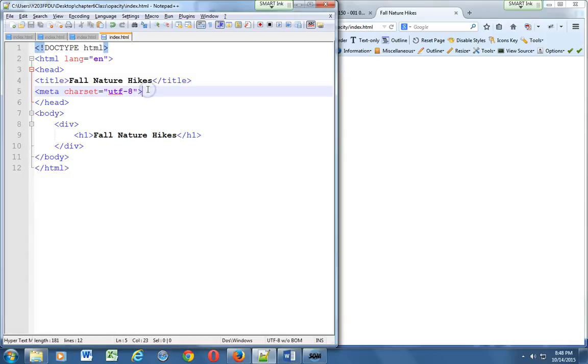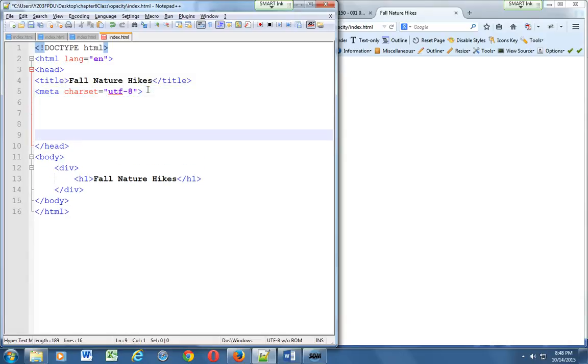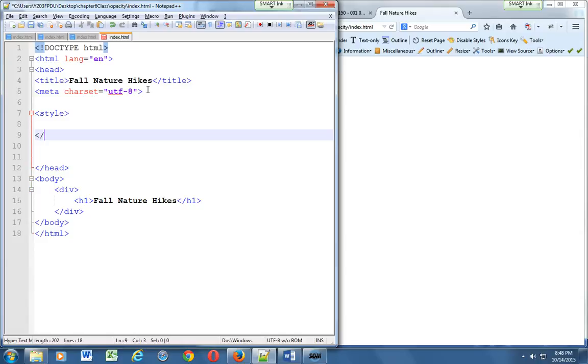Now, after the meta element in the head, give me a few lines, and then let's put in our style element. Again, we're only doing this for class purposes, right? So we only have to work with one file. All right, page 197, which is under number 3. So it's on page 196, goes 1, 2, 3, and 3 slides over to 197. We're going to create our content ID. So use your symbol for an ID, which is the hashtag